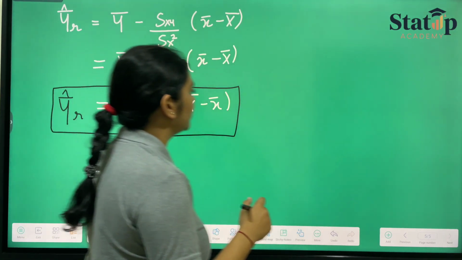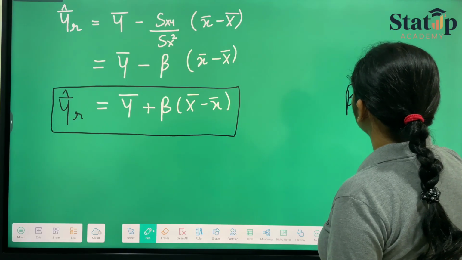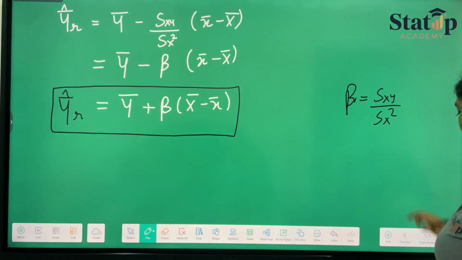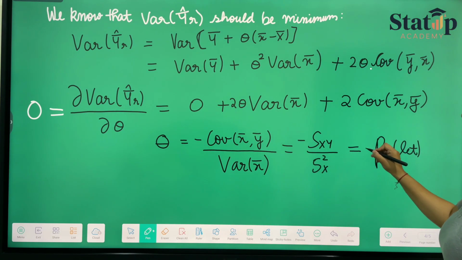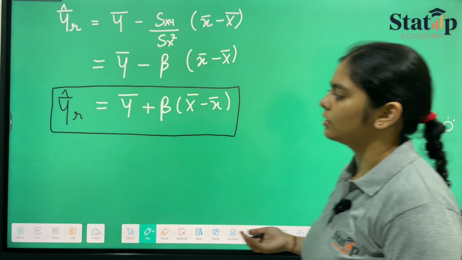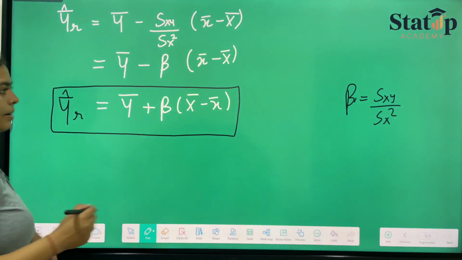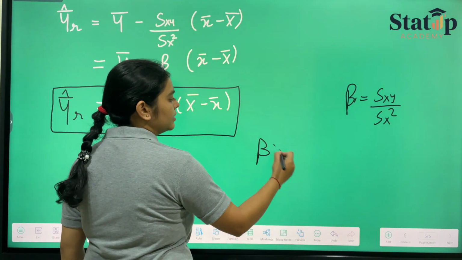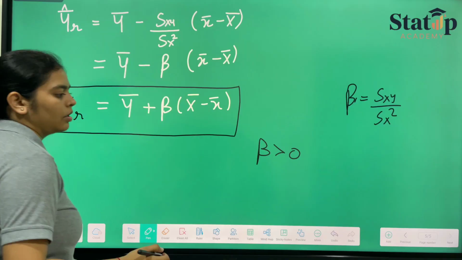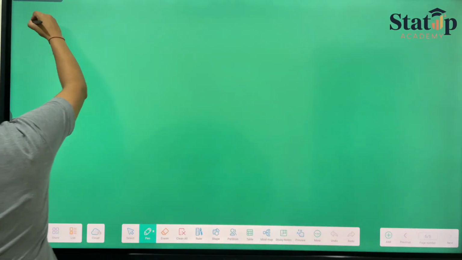where beta is nothing but Sxy upon Sx square. So we have calculated the value of y bar lr, where beta is always greater than 0. Now the variance of the regression estimator can be calculated as